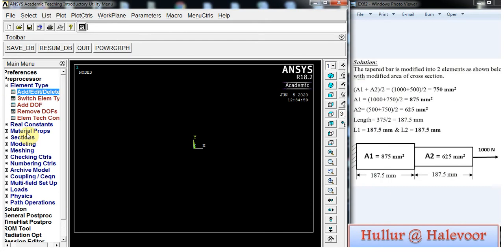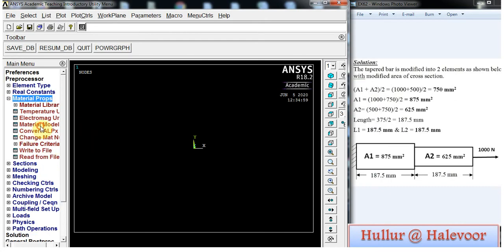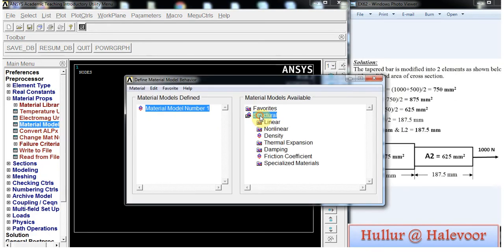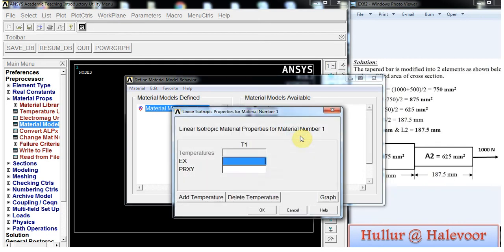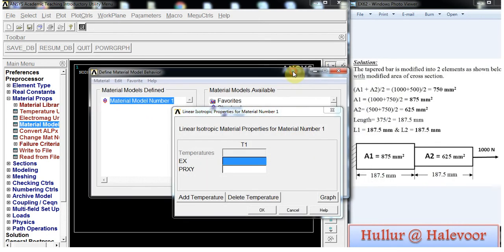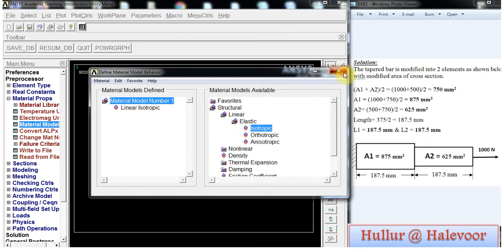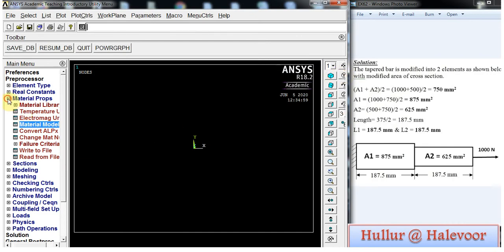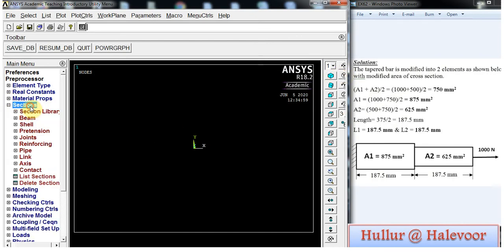Now go to material properties, material models, structural, linear, elastic, isotropic. Here enter the Young's modulus value 2e5 and 0.3 as the Poisson's ratio. Then click OK, close this, minimize material properties, and go to sections.